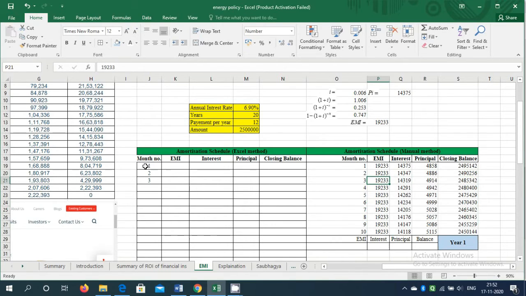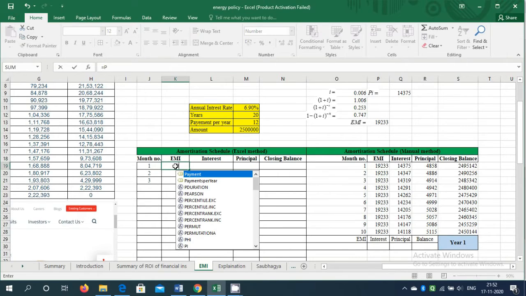So for calculation of EMI, this is the manual method, meaning by pen and paper you can calculate the EMI for different months this way. But Excel has different built-in functions. So for calculation of EMI, what we have to do is write over here